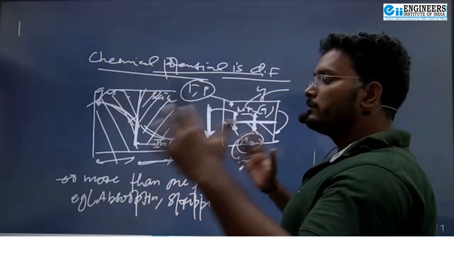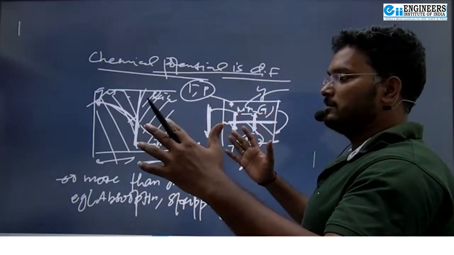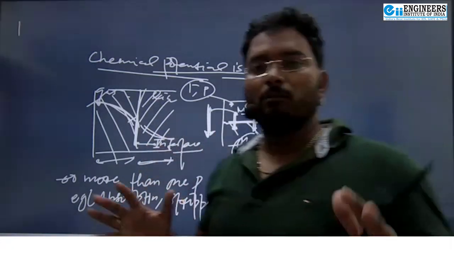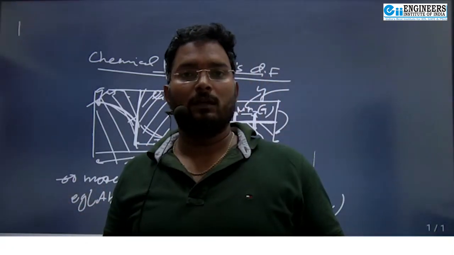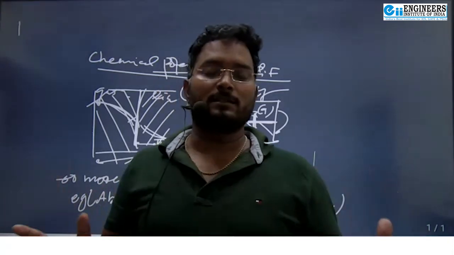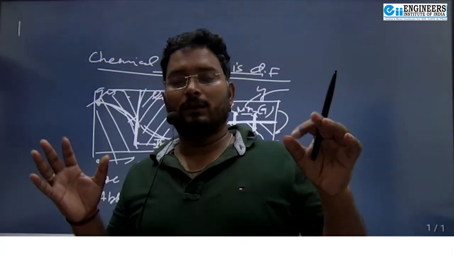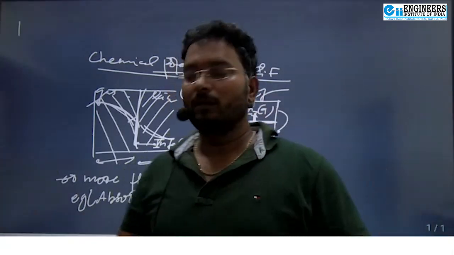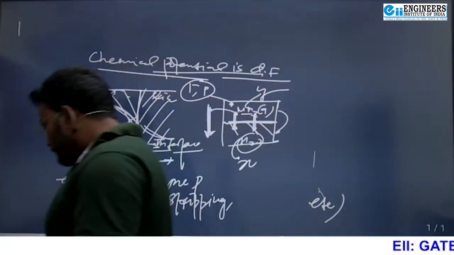And what is the meaning of equilibrium? I told you, equilibrium means ceased condition. Equilibrium means there is no macroscopic change. The condition of equilibrium means nothing is going to happen, driving force is going to be 0. Okay, and once the equilibrium is established